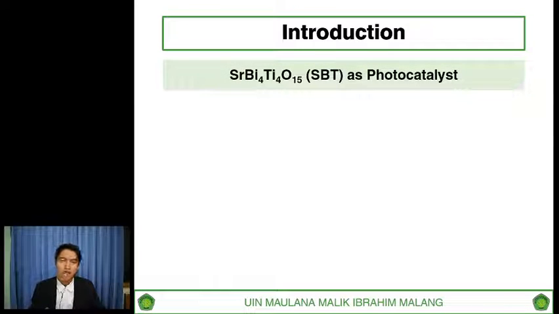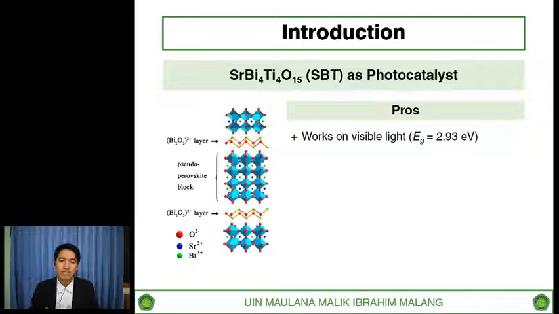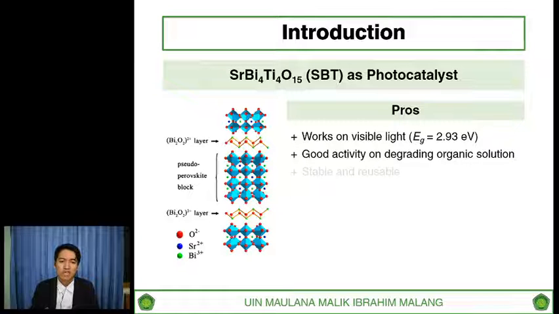So our material is strontium bismuth titanate. It has a good potential as a photocatalyst. Here's the structure of strontium bismuth titanate. Why is it good as a photocatalyst? Because it works on visible light. It has good activity on degrading organic solution. It is stable and reusable. But